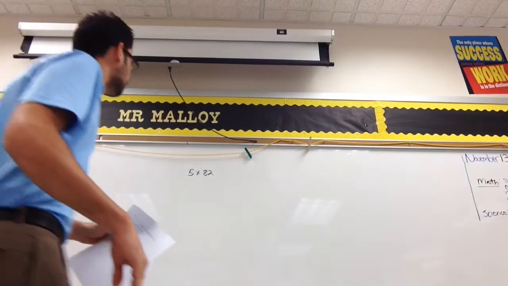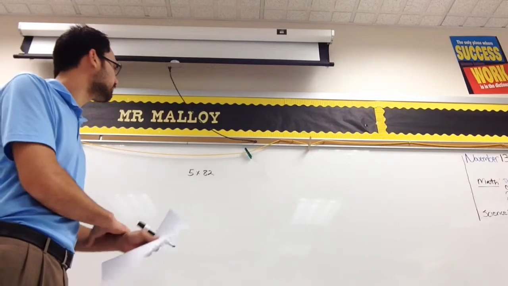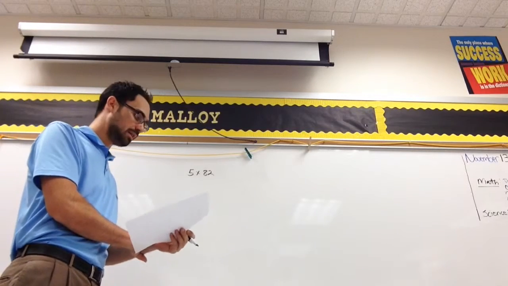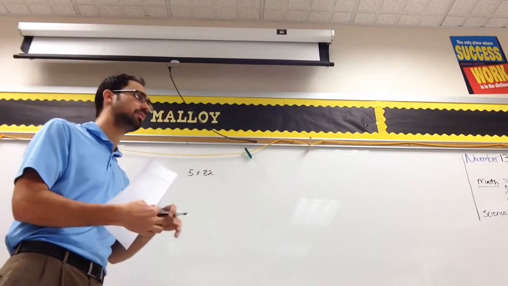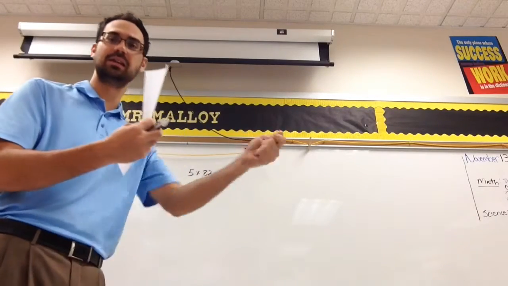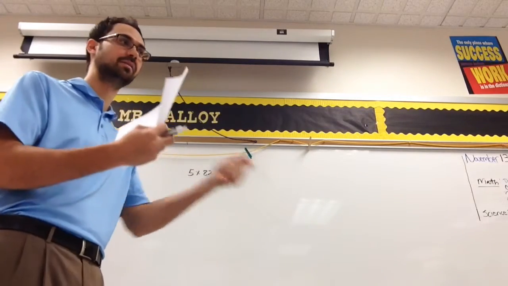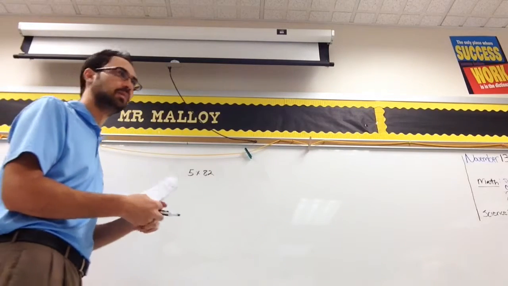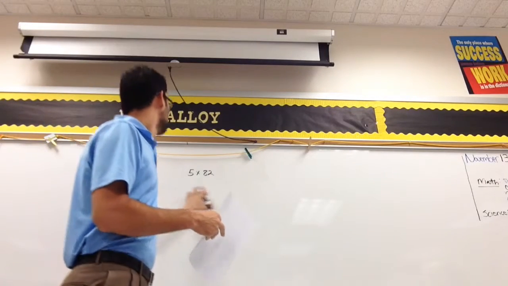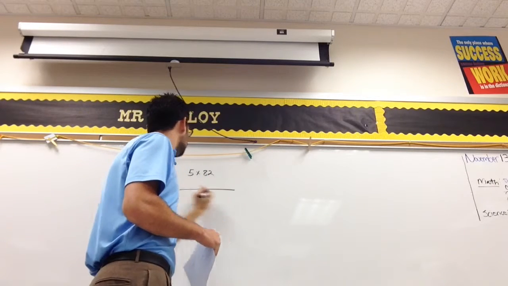So today we're going to learn our second method, and it piggybacks off the first method, off the area model. It's called the distributive property. And when you hear the word distribute, somebody distributes something, you're handing it out. If I am distributing papers to the class, I'm giving everybody in the class a piece of paper. Okay? So, if we set this up as an area model,